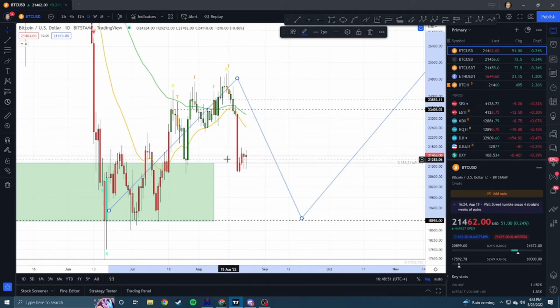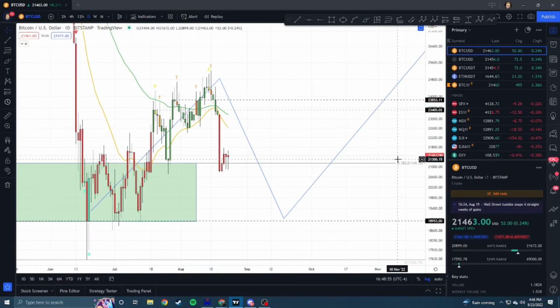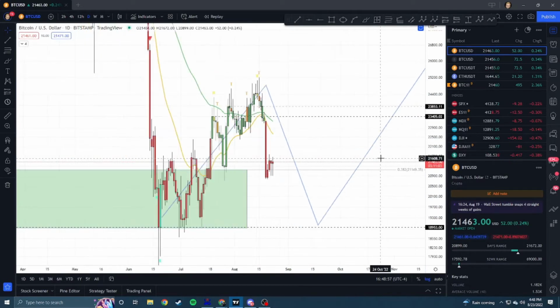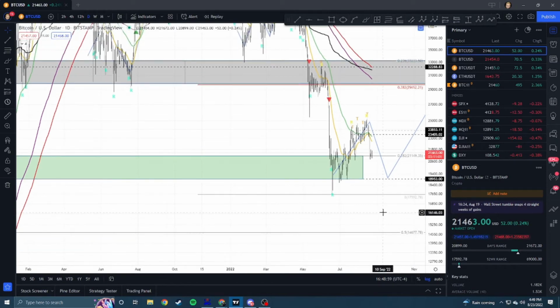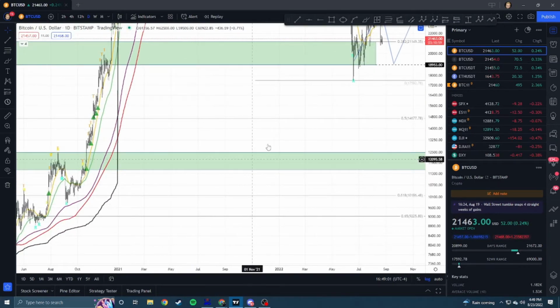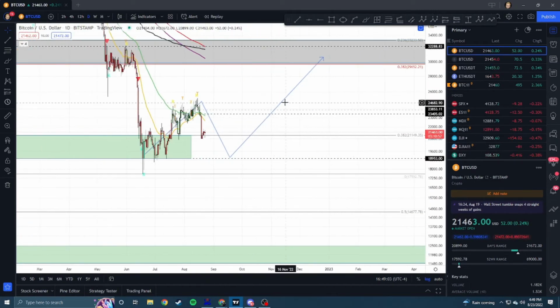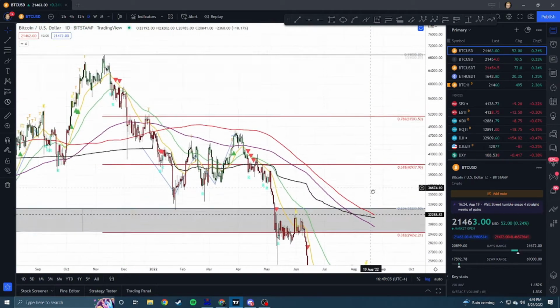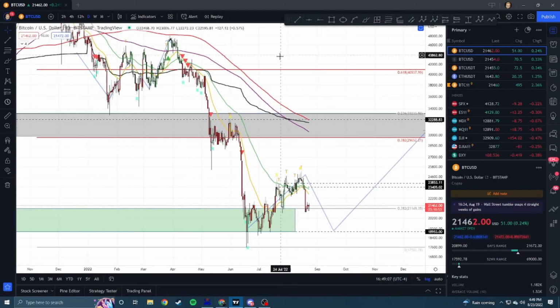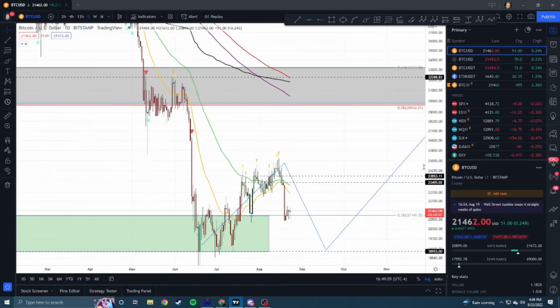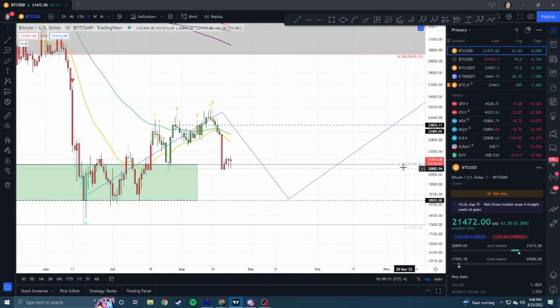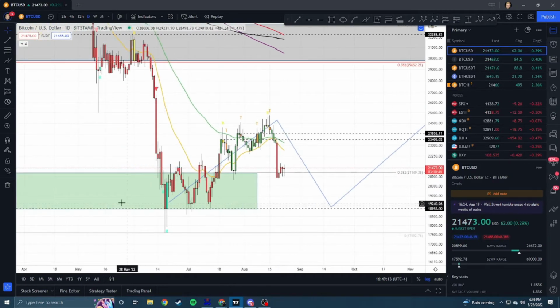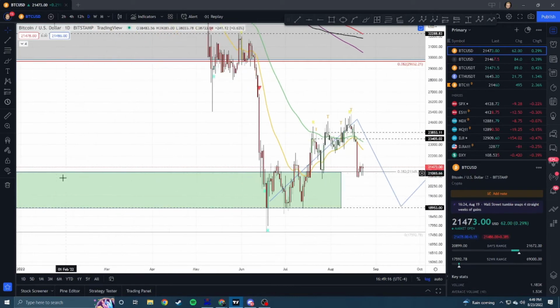Obviously, we hit our first macro support zone, close to that bullish 0.382. This is on a very macro extension, back from all the way over there. So it's a pretty significant level, all the way to the macro top that we had at all-time highs. So this is a relatively significant bullish retracement, which coincides with some previous analysis